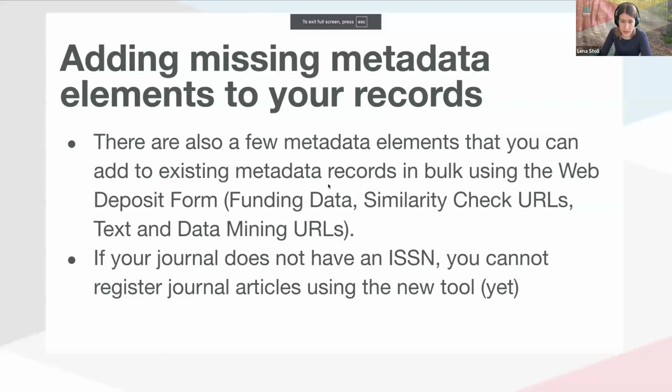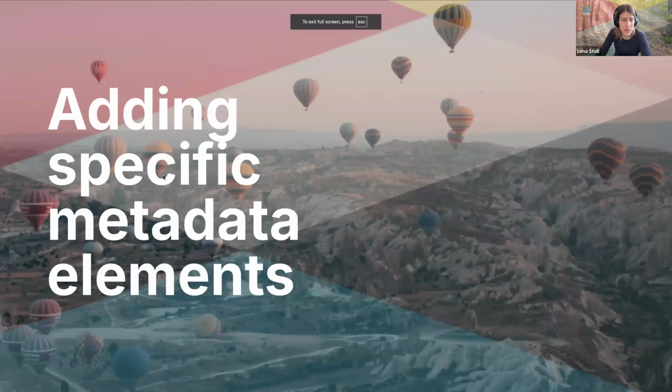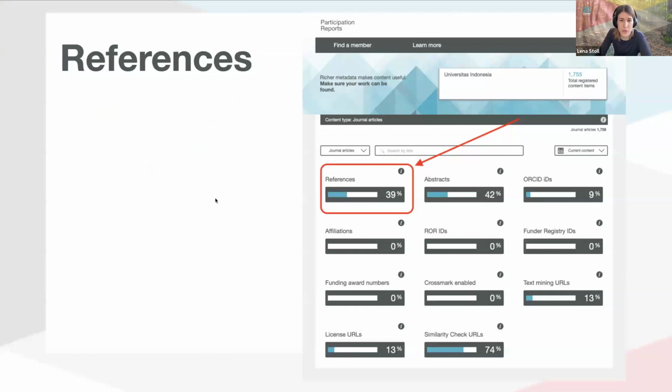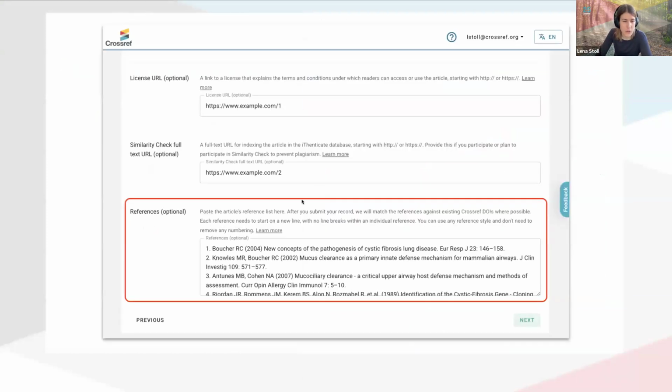If I go back to my slides, some examples of how specific metadata elements are added in this form. For references, I already mentioned this before, they're really key to building the research nexus, and we have a field built into this form, unlike the web deposit form, where you can just paste your article's reference list.